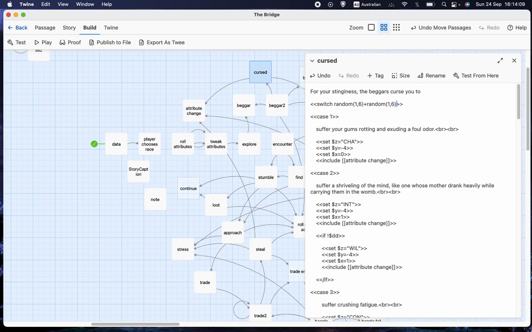That would give a distribution between 2 and 12, but 7 would be much more likely than 2 and 12, and then 6 and 8 would be slightly less likely, and then 5 and 9 slightly less likely again, and so on. That might be useful if you wanted particular events to be more likely and others to be unlikely, but I wanted the events to be equally likely, so I went switch random 1 to 14, and then within